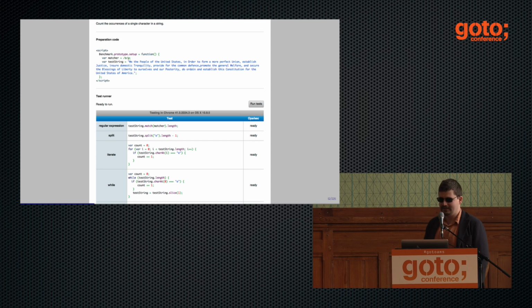It was this site where you could write some code, press the button run tests, and get operations per millisecond for the tests you wrote. Other people could also run those tests, and the data was aggregated, and you could see in different browsers and different OSs some average performance numbers. But the problem is that people write very strange benchmarks, and they don't understand how to use it correctly. So if you base your decisions on this, you get really strange decisions. For example, somebody tried to write a test which tries to measure the fastest way to count letters E in the text.